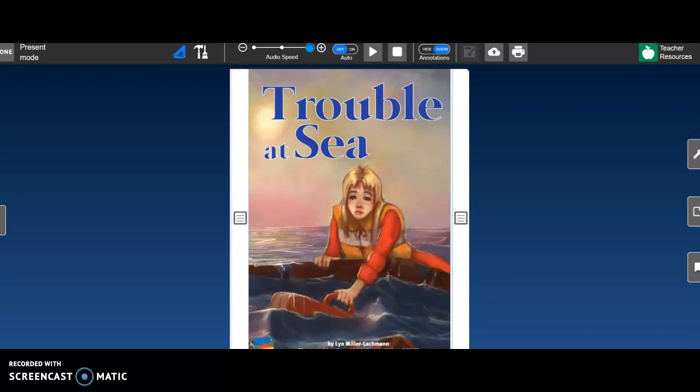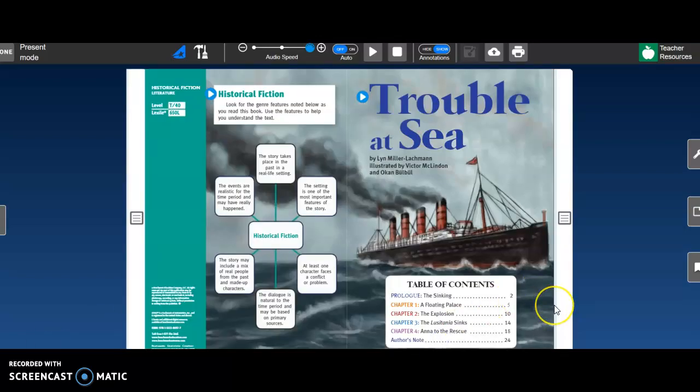All right, for this lesson, you get to read the first part of this book. You'll read it throughout the unit. Today, you're just reading the prologue and chapter 1. It is a historical fiction book, so it's based on a true story, and then the author made up some of the details. Okay, so the first thing you're going to do is you're actually just going to look through